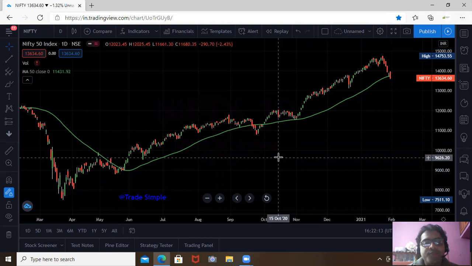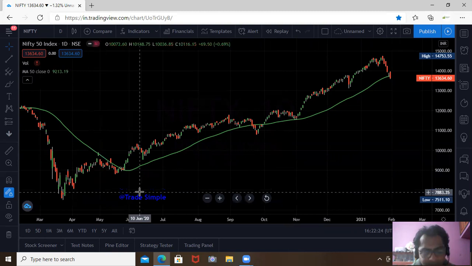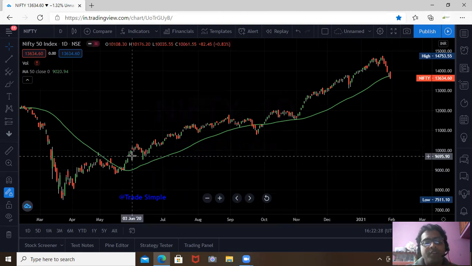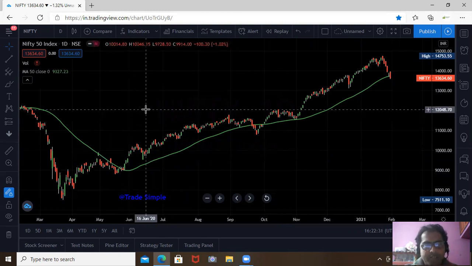So this is the series for moving averages, how to trade with moving average. First let us understand what is moving average. Moving average is calculated based on the daily close and dividing by the period. So if there are 3 days of closing prices, let's say 10, 15 and 10, the total is 35 and it will be divided by 3, so the moving average should be around 12.